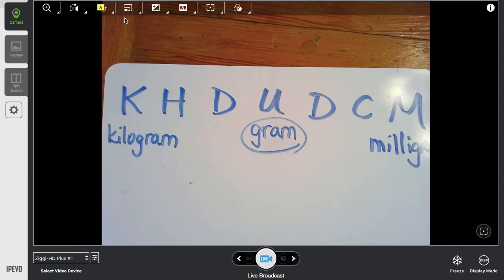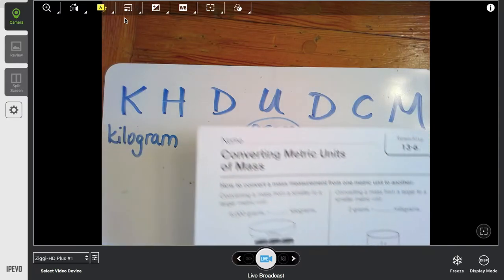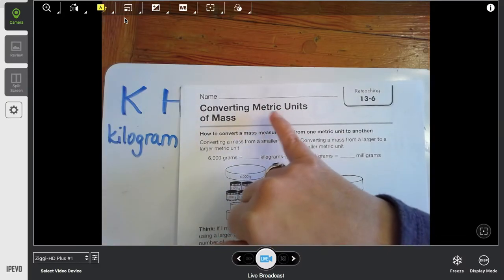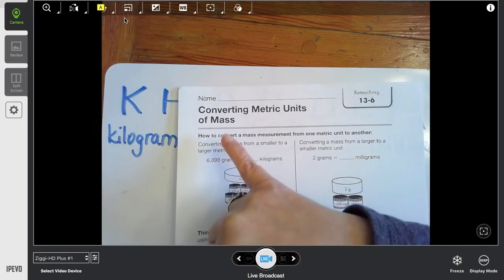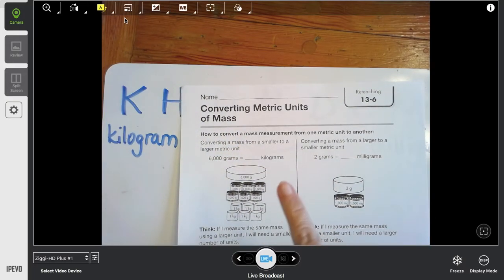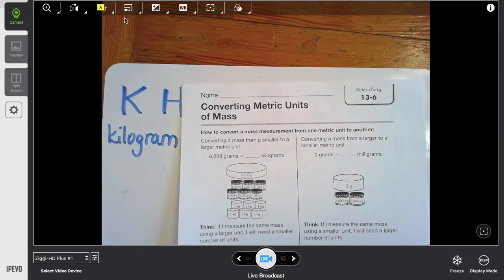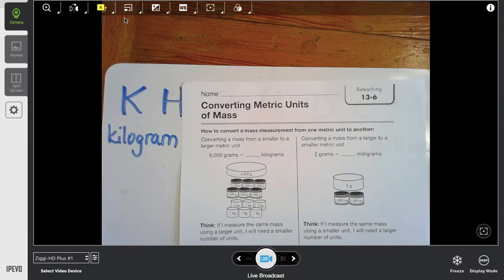And you'll notice on the top of this lesson on the back on page 13.6, it doesn't say converting metric units of weight because metric units actually measure mass. And if you remember the week before spring break, we talked about the difference between mass and weight. Weight is only when we take our mass and we consider gravity pulling down on our mass. So when I'm on Earth, my weight is much larger than my mass than if I was